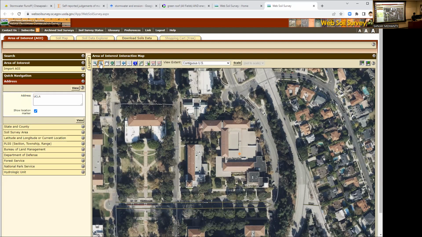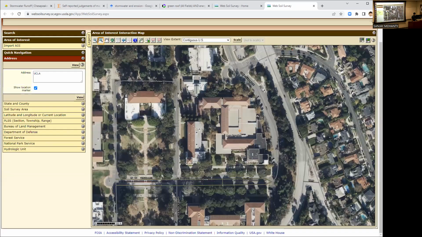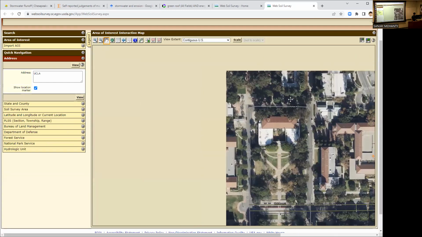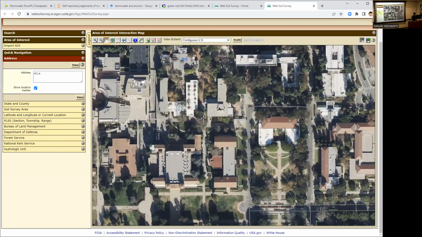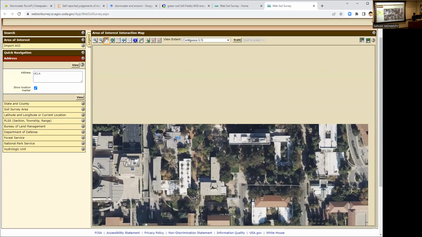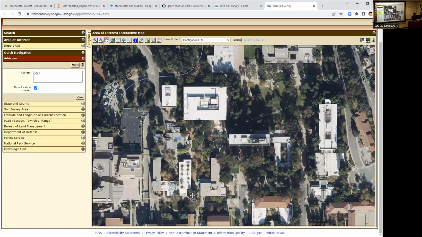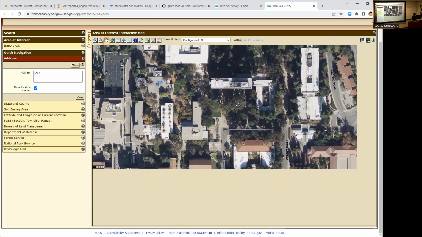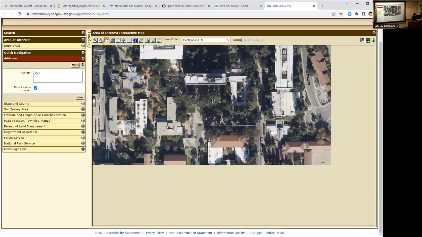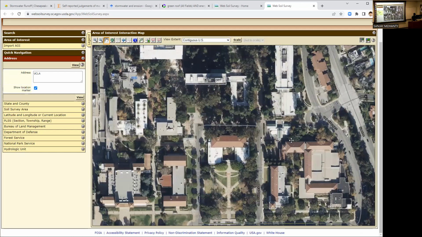So here you can zoom out, zoom in. Very slow. This location, Calcium Drive, right? This is Calcium Drive again.